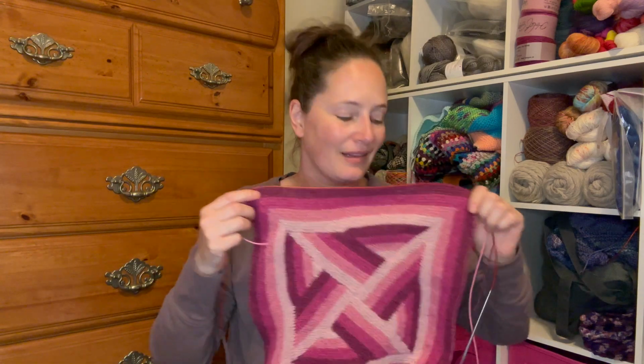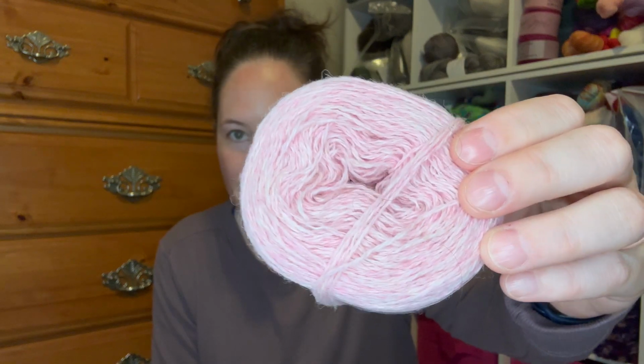So very happy with my colors. Let me just give you a quick recap of how much yarn I used. So to remind you, my color A is Candy Floss. These are all Holst yarn, super soft. And this used 9 grams of color A